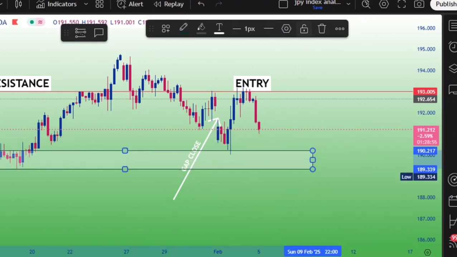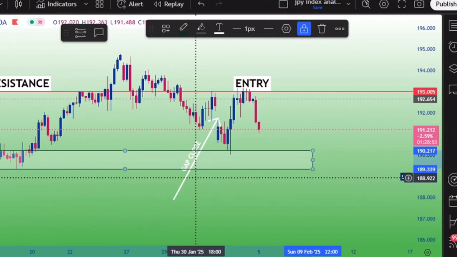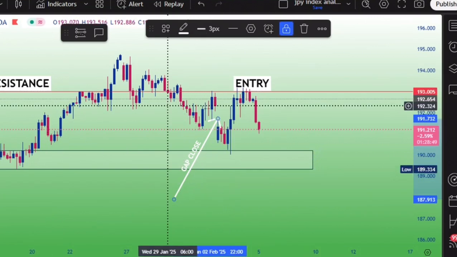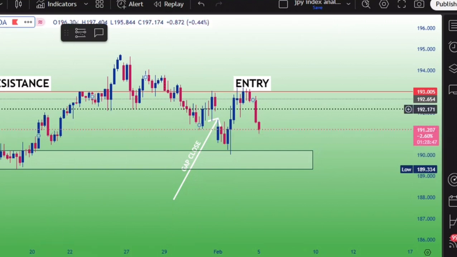I'll take the measuring tool so I can measure from my entry to the place where I'm expecting the market to tap in before going back up. So you can see it's negative. It should be negative